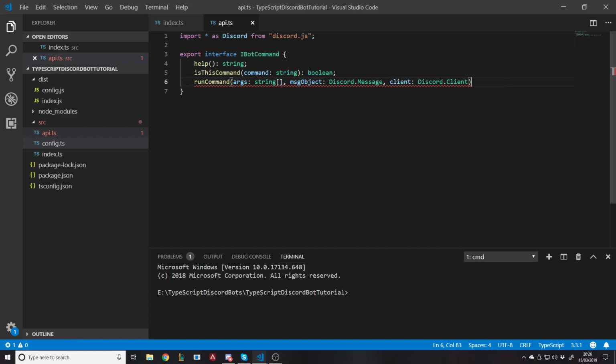And then this is going to be of type void, which basically just means that when we run the command, it's going to return nothing. So it's of type void. Okay. Simples. So now that we've done that, we want to go to